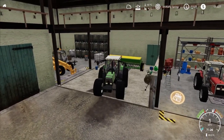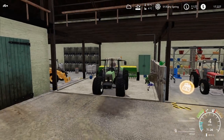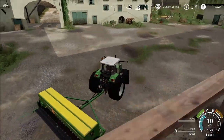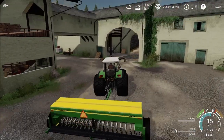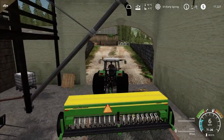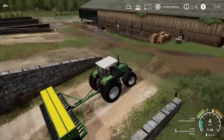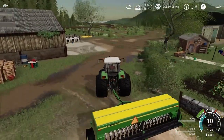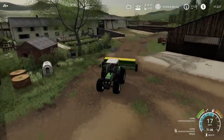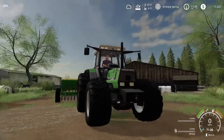There we go. Wheat sack. Does this take fertilizer? I believe it does, and we didn't buy any. So it looks like I'll have to buy some. That is pure luck that this fits through here. I did not take that into account, but we could have always come from around there anyway, so it's all good. Oh my, just look how beefy the tyres look on this. I mean, this is a beast. It reminds me of...